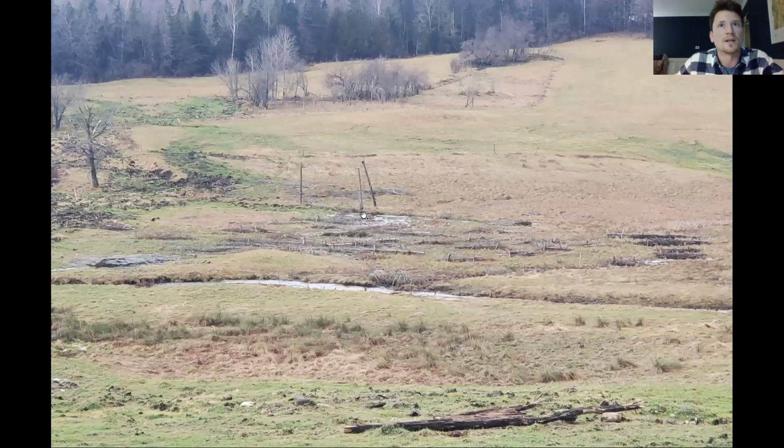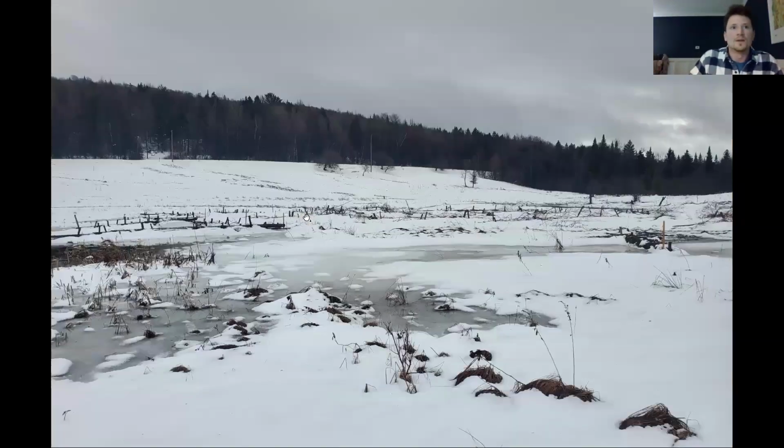So this is a great shot. I was able to take this right after we had a rain on snow event. Can't see all that well, but there's water coming down this whole fan in early December or mid-December after this rain, and it's actually still going through its primary channel, but it's also spreading out across this whole fan, except for this one little high and dry knob that we had to avoid because it was too high. We couldn't get water down it.